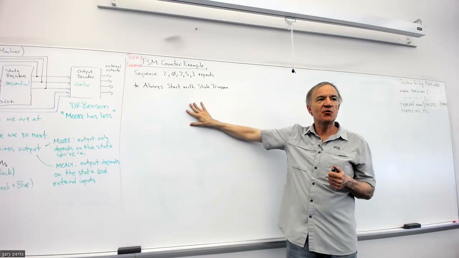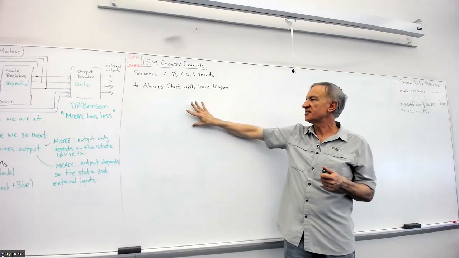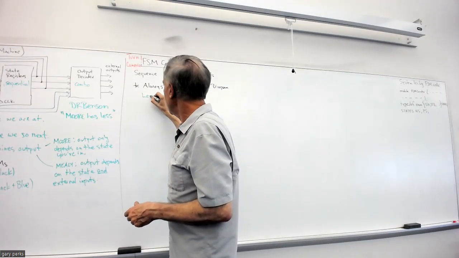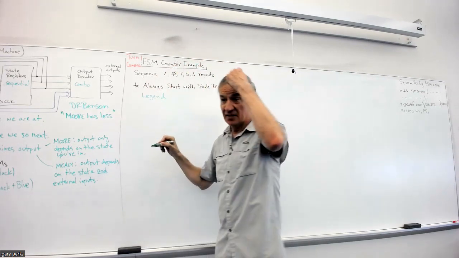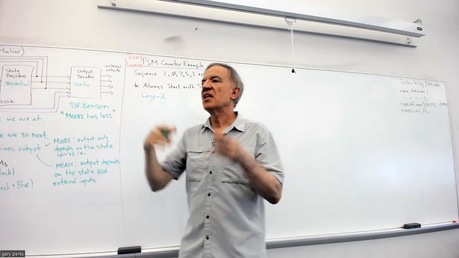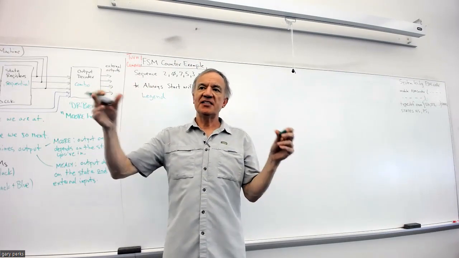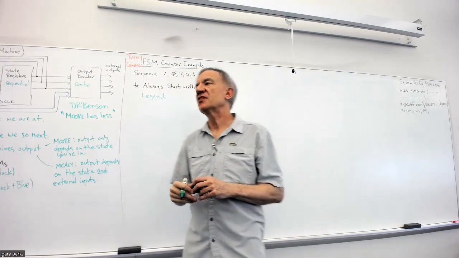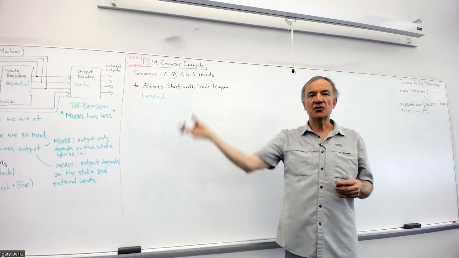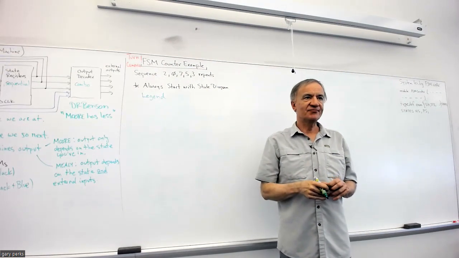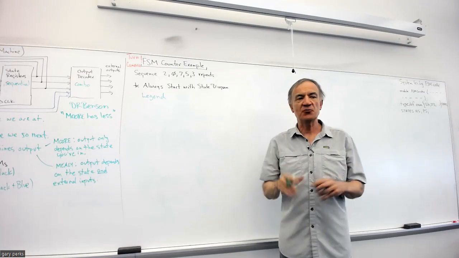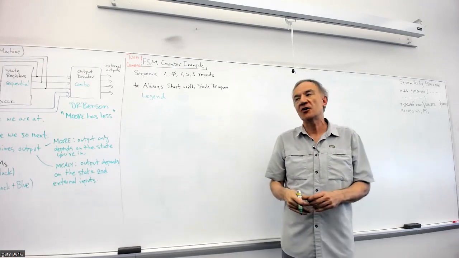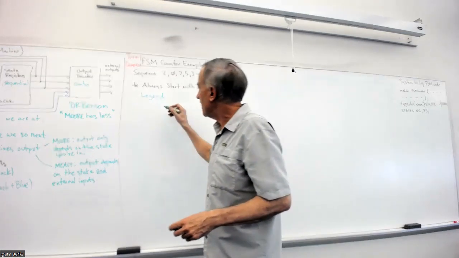Okay, this is probably one of the most important topics of the quarter here, state diagram. And the first thing in a state diagram is to have a legend. Okay, and what I'm going to show in my state diagram and also use for my legend is what typically is used. But there's different ways to represent state diagrams. It can be very personalized. I don't think there's one standard way of doing it, but what I'm about to show you is what we use here at Cal Poly, at least most instructors. And that's,